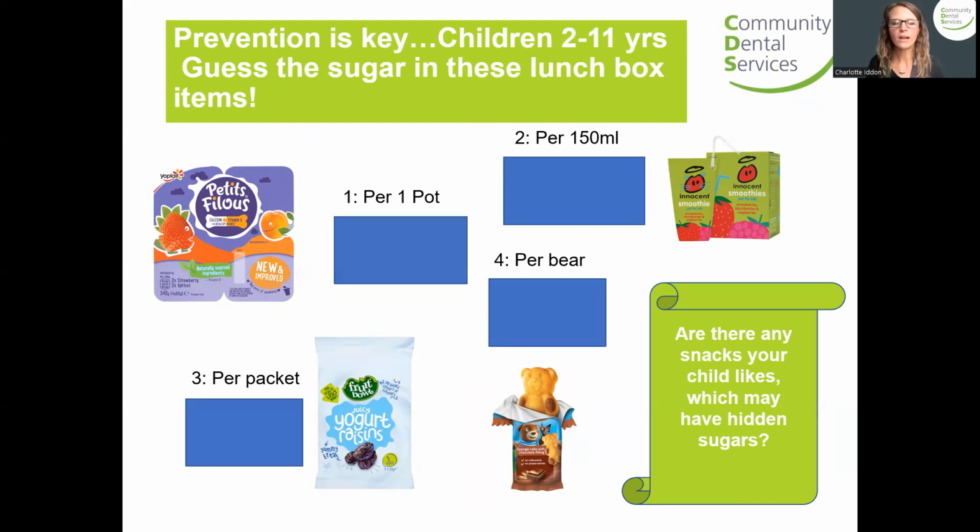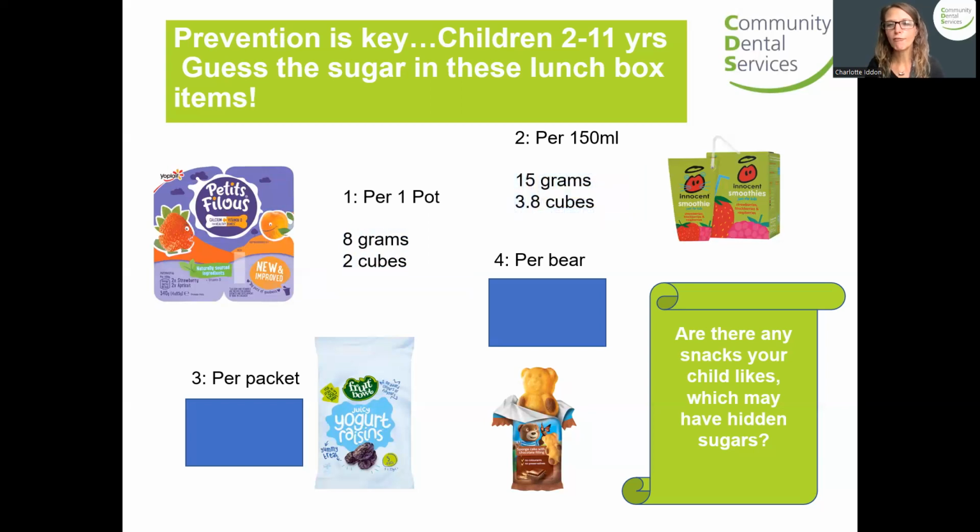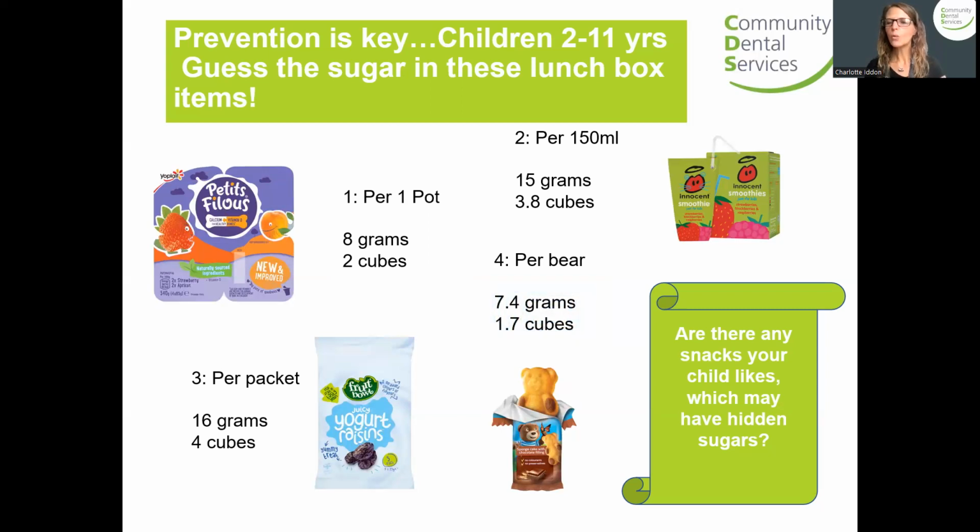So we are living, there's lots of food out, different choices out there, and it's so hard, isn't it, to see the wood for the trees. So where possible, try and give your children no processed foods. So fresh, think fresh. It is a bit more expensive, so think about how you can make it go a longer way. This Petit Filou yogurt is coming in at 8 grams. We've got the Innocent Smoothie coming in at 15 for that children's size packet there. The yogurt raisins coming in at 16 grams, and the Bear